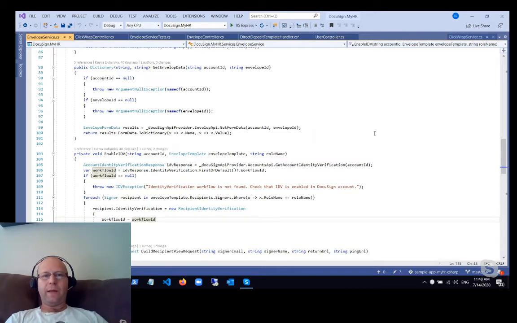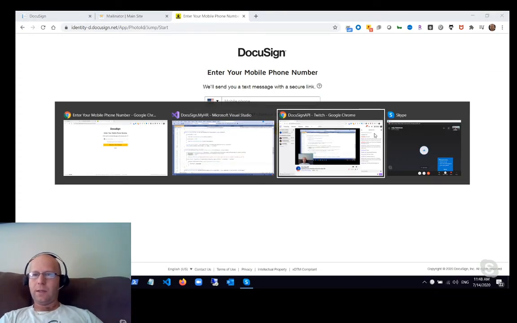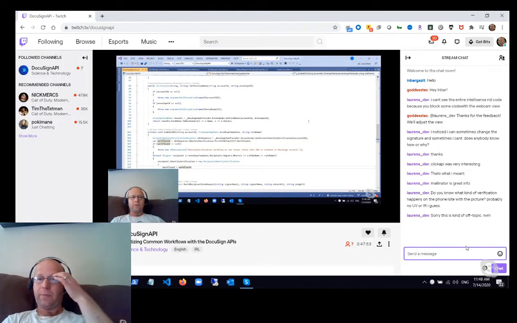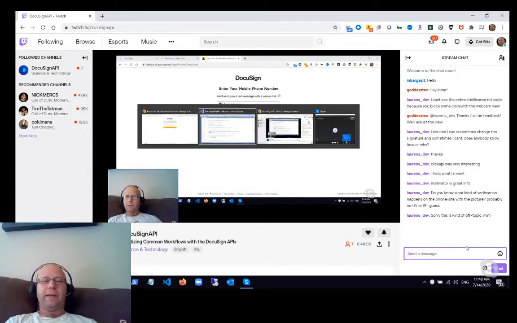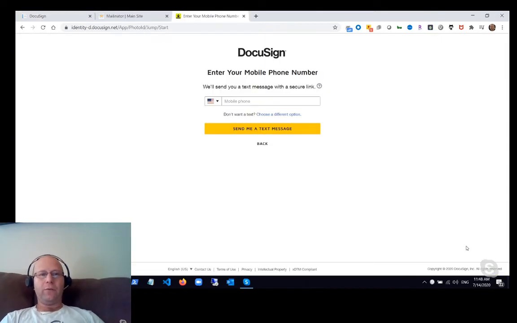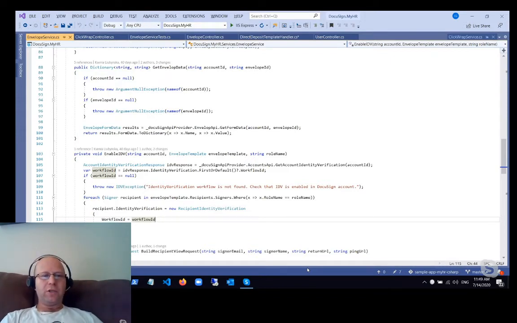I think one thing I haven't showed before, let's see if there is a question. Do you know what kind of verification happens on a phone? Okay, so what I should have said, and we don't have it in this sample app, is that IDV is like the top-notch identity verification. There are others, what we call recipient authentication. And what I can maybe show you is